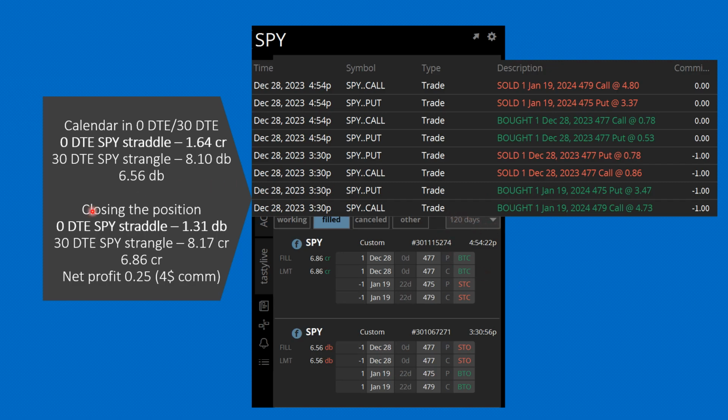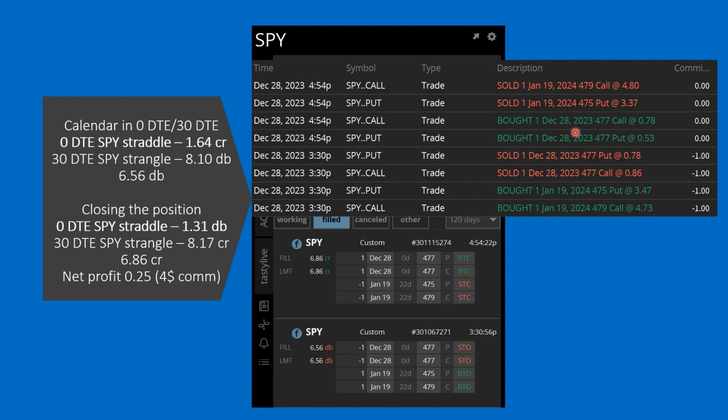You can see the straddle went down from 164 to 131, and the 30 days strangle doesn't move that much, from 810 to 817, so that is not really a big move, because the SPY itself more or less stays in this range of